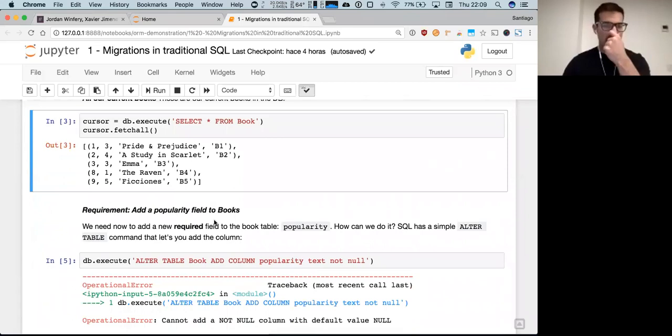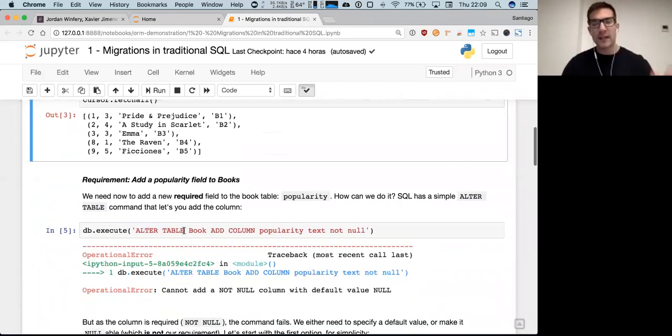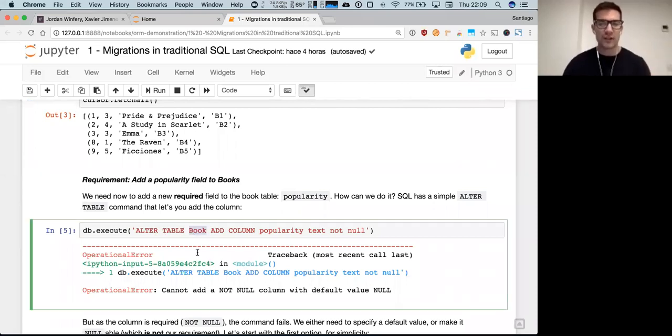So this is the requirement. There are commands to modify the structure of your tables. The alter table command, it's a SQL command, will let you change your table by performing certain operations. One of them is adding a column. I don't want you to focus on the syntax because you will never use it once you see the Django migrations. So if it makes sense, that's good. Alter table, the table, add a column, this name of the column, this type of the column, these requirements,